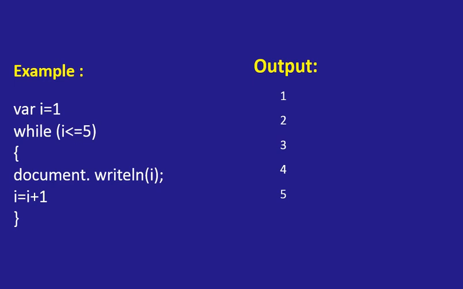So we use the while statement to execute the statement as long as the condition is true, and when the condition becomes false, control comes out of the loop. The result you will get is the same as with a for statement. I hope that you understood both examples, the for loop statement and the while loop statement. Thank you.